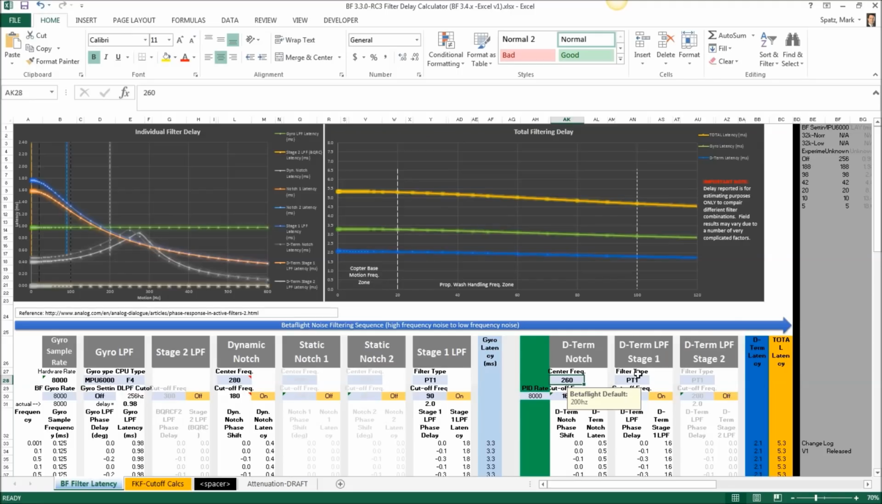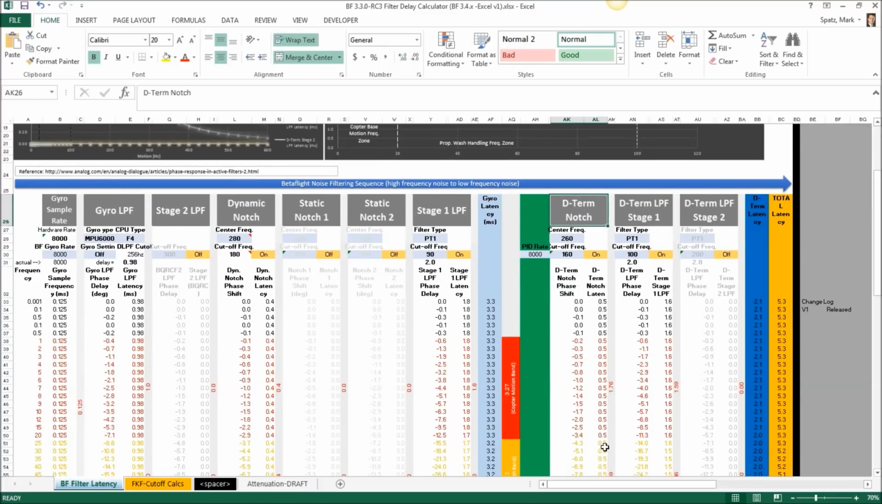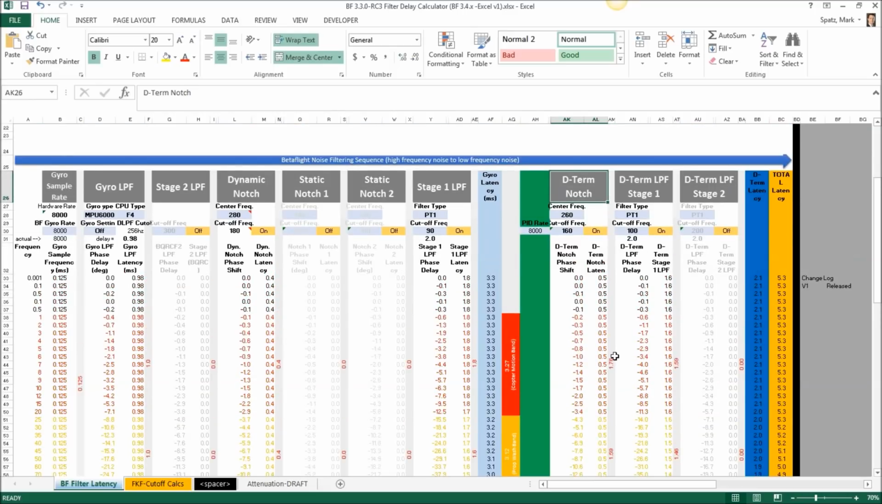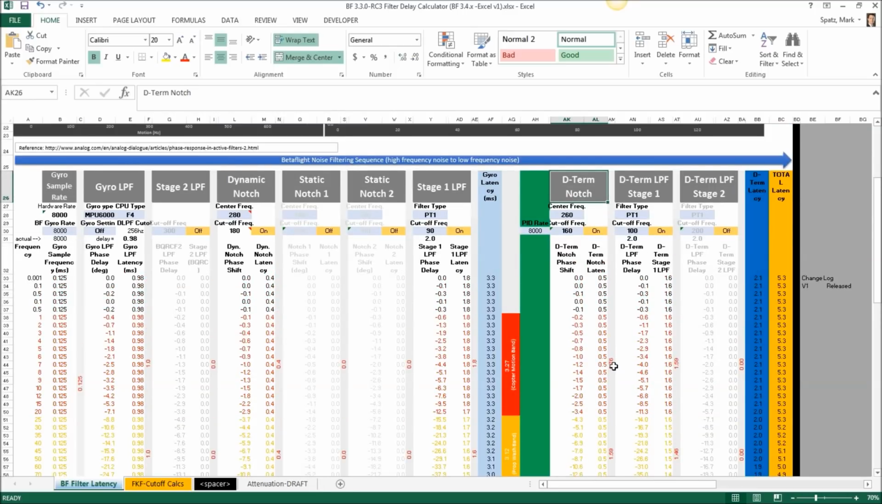So inputting your filter settings into the latency calc tool that I have, right now you have the D-term notch on, and what I'm postulating here is that instead of having this D-term notch on, which is only helping for the D-term and just creating a valley there, you still have some higher end noise. You can see that's around half a millisecond of latency, so it's minimal. But instead of having that turned on, go ahead and turn that off,